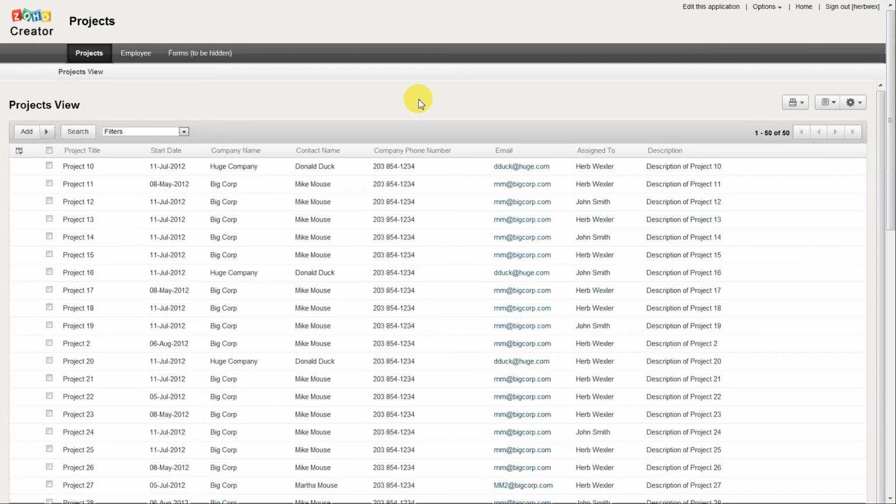Today we're going to talk about the edit mode of Zoho views. Earlier we talked about the features and the functions that are available to a user when they're looking at the view. Now we're going to show the more powerful features that are built into the edit mode. As you remember,